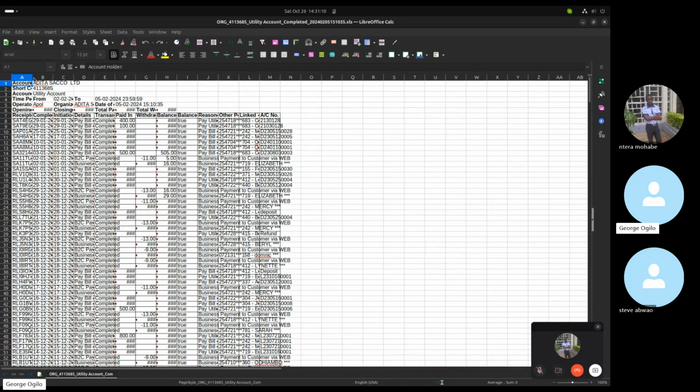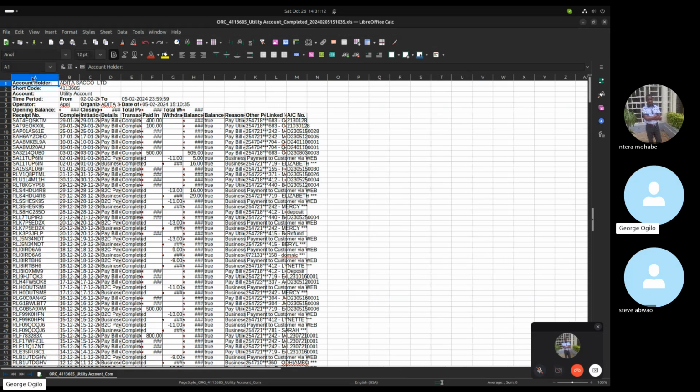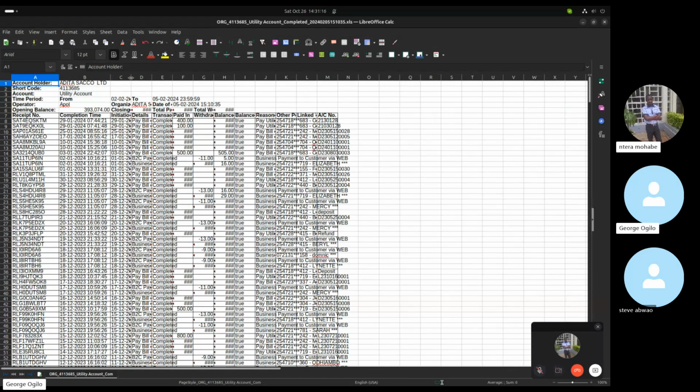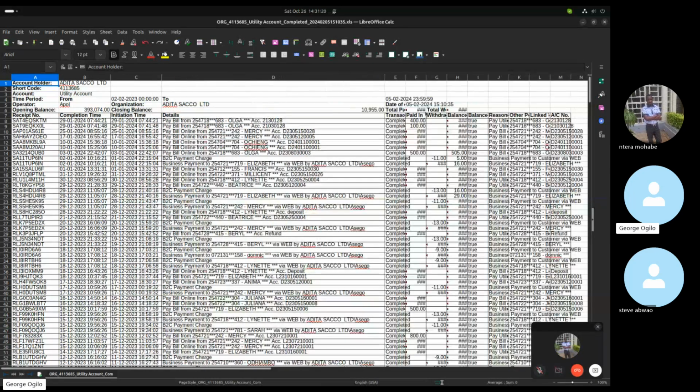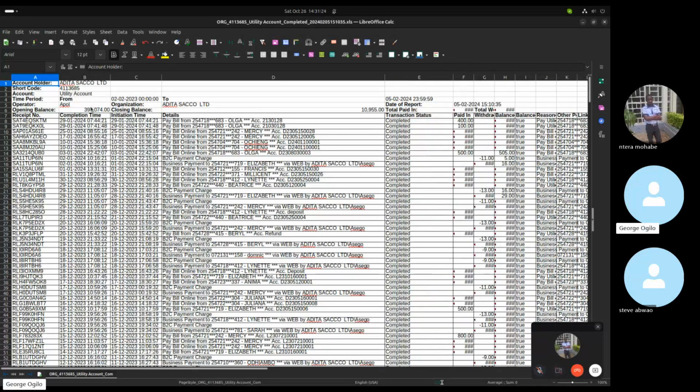So I will show you the two files. I don't know if you can see what is on my screen. Yes, I can see. Yeah, this is the original file that Steve had shared. Now, you notice that from the first row to the sixth row, there are just some additional details about the